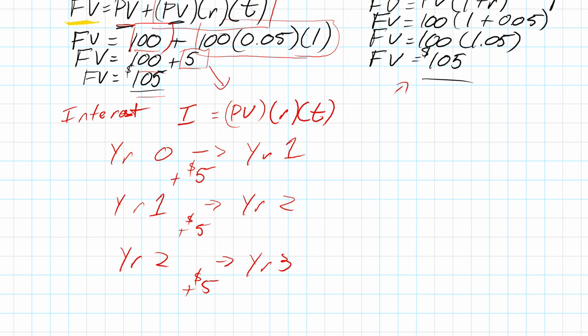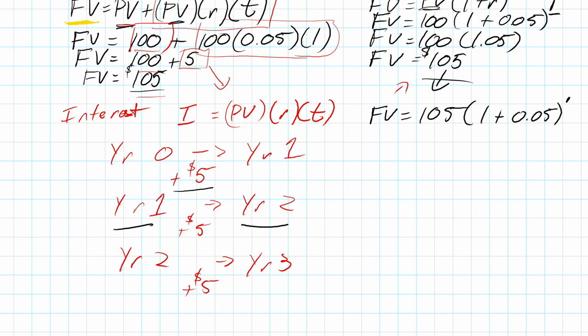Compound is more complex, okay? Because that exponent value changes, we'll see this become slightly different. So essentially what's happening is we'll draw it out. Our future value is then dependent on the new present value, which is 105. So we go 105, okay? If we're trying to calculate from year 1 to 2, because we already did year 0 to 1, right? So our new future value becomes the present value. And then we go through that same process again,